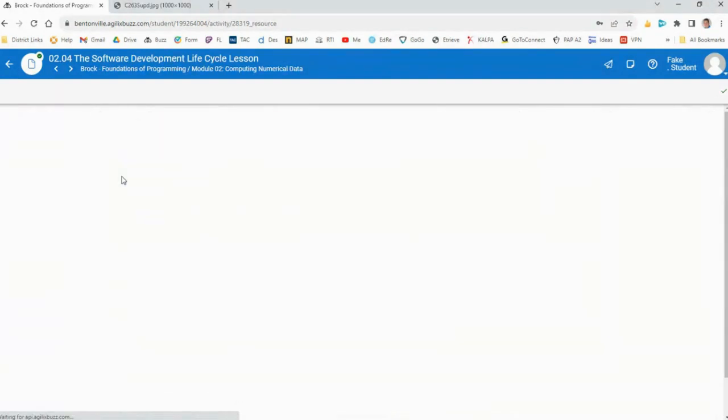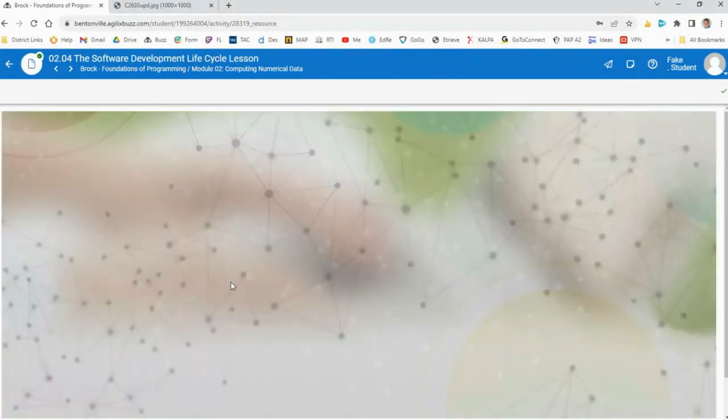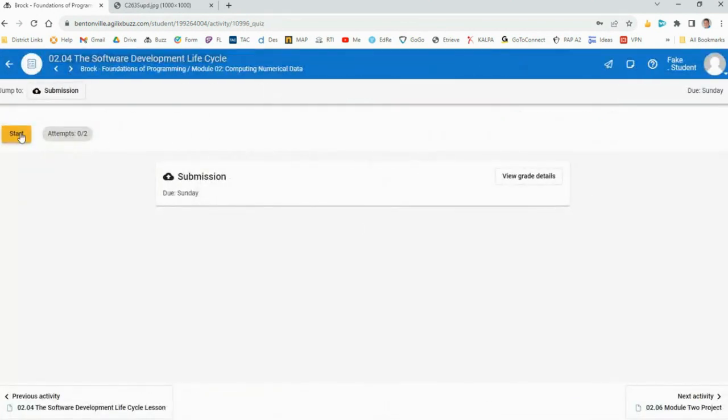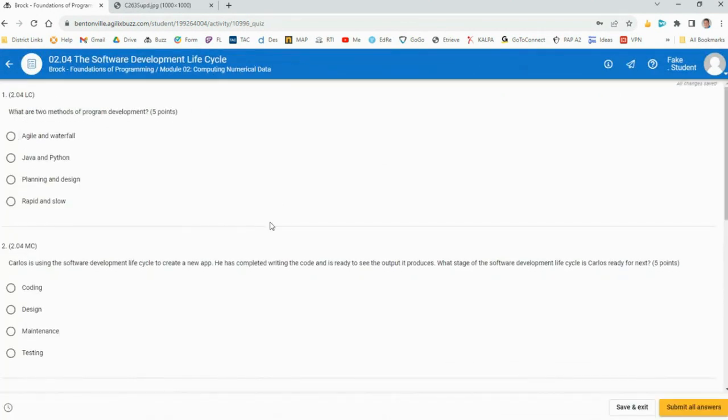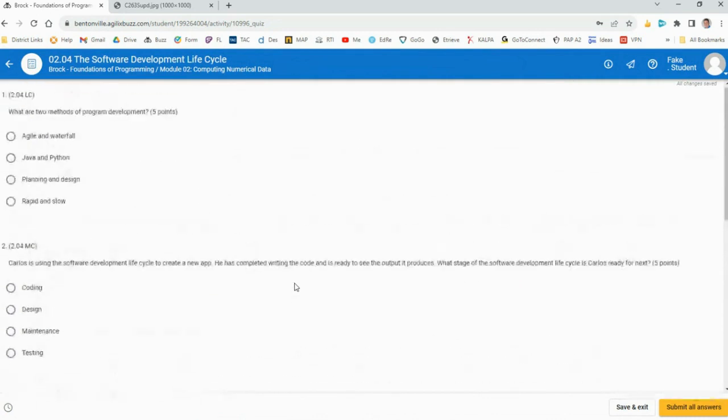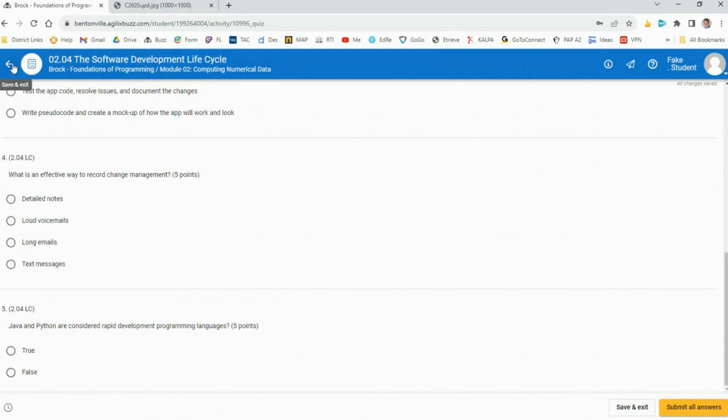So let's look at the assignment. The last page just says, hey, good job, you read this whole lesson. Now do the quiz. So let's look at the quiz that goes with this. This is not a program this week. There are five questions, and the last one's true or false, it looks like. Just a five-question quiz this week. So if you have not written a program like last week's that was due yesterday, or from a previous week, this is a good week to do that, because you have just a five-question quiz. So you don't have to spend a lot of time on this.